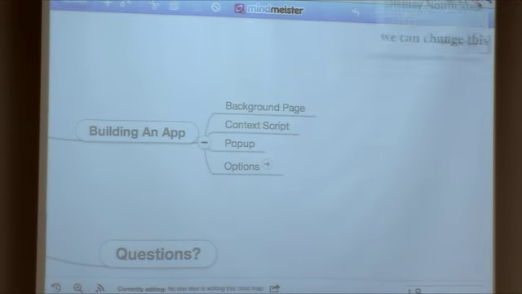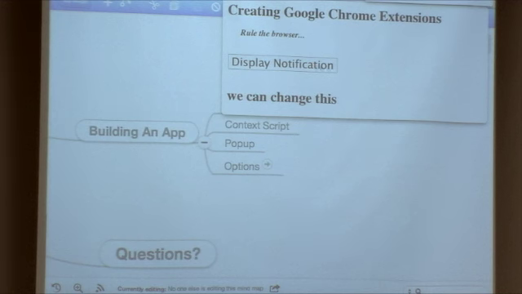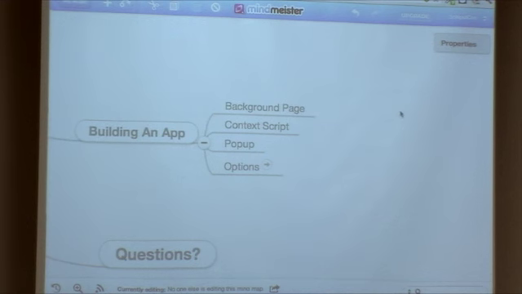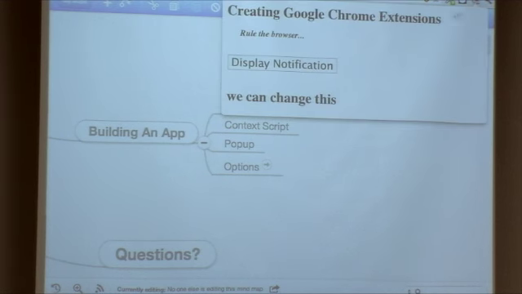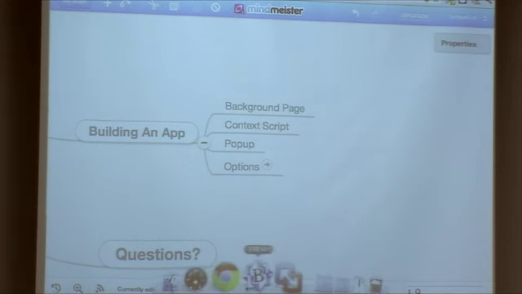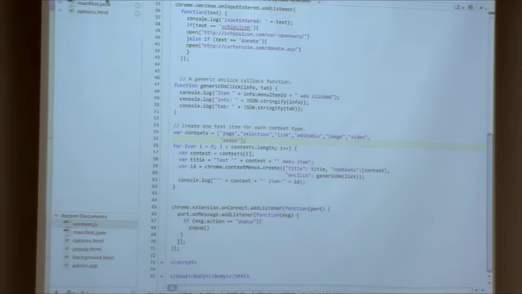So you see when we click on this pop-up, we click display notification, it pops up this notification. The notification code actually exists inside of the background page. So this is where you have to use message passing to send a message from this pop-up window to the background page to tell it to open up the notification. And so if we jump over to the code,